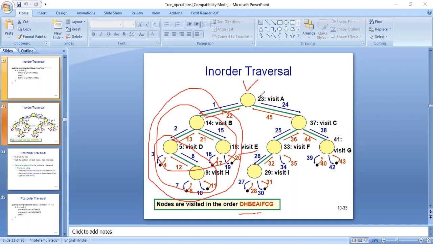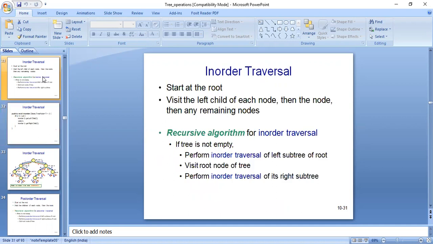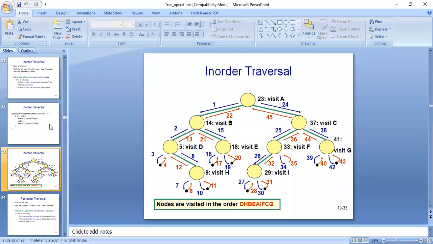Afterwards, we will be processing right subtree in the same manner. So if any doubt is here, you can ask. And I'll just demonstrate this with one example of mine. So let's look at this example.